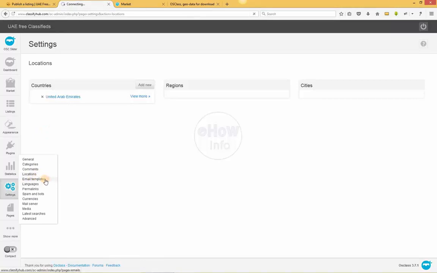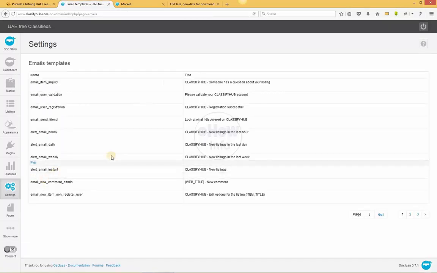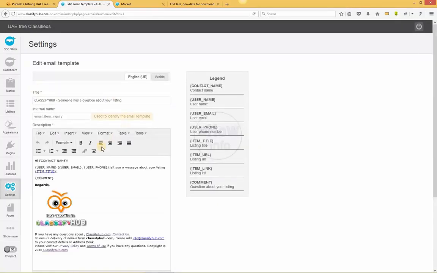Now the email templates. The email templates are pre-installed. These are the templates, and you can edit them. For example, I have edited them in my own way. I'm using this image and this text, but if you install a fresh OS class, it would not be like this.